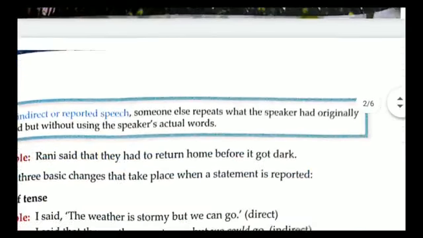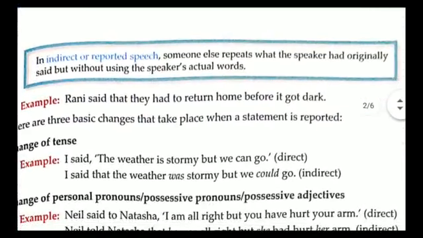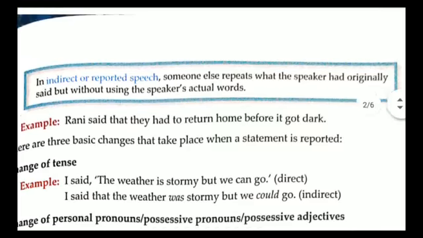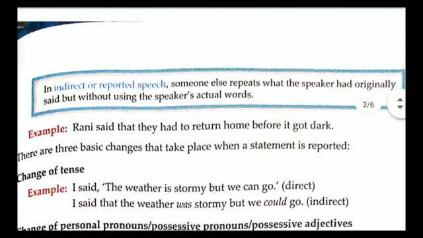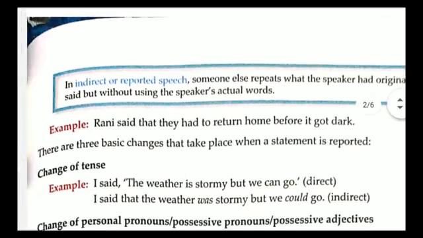And reported speech, in indirect or reported speech, someone else repeats what the speaker had originally said, but without using the speaker's actual word. उस speaker के actual word से हटकर अपने word में किसी चीज़ को explain करना, that will be said to be indirect speech. Example, Rani said that they had to return home before it got dark. रानी ने एक्चुअल वर्ड में क्या बोला वो तो अलग बात है, वो डायरेक्ट स्पीच में हो जाएगा, लेकिन रानी ने एग्जैक्टली क्या बोला था उसको अपने वर्ड्स में बोलना, दैट विल बिकम द इनडायरेक्ट स्पीच और द रिपोर्टेड स्पीच, ओके।